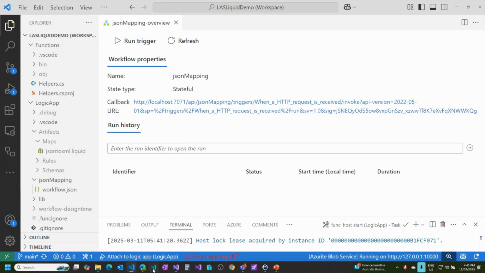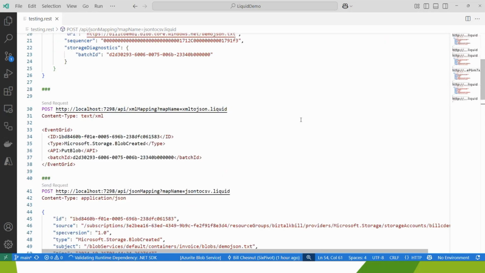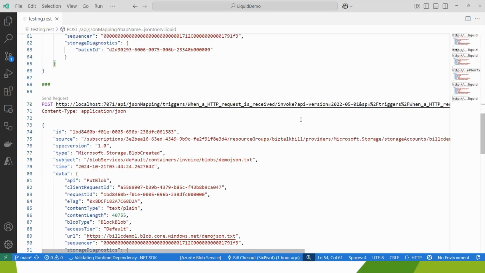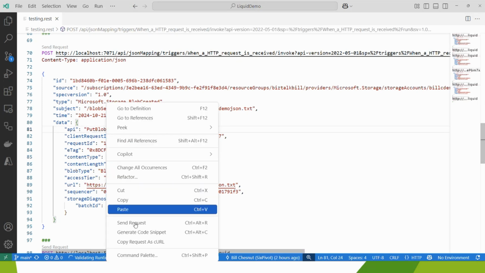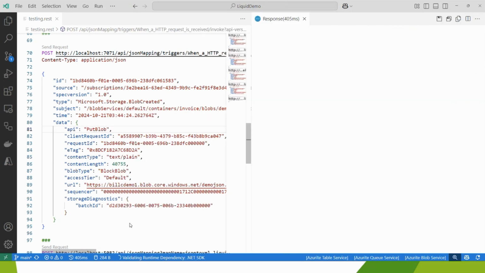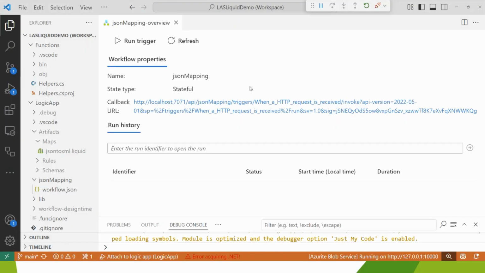What I'm going to do is go down here to this one. Basically, I'm using the REST add-on for VS Code to call that. So I'm doing a POST with application JSON. So I do send request. And the authorization obviously failed or changed, so let me go back here and